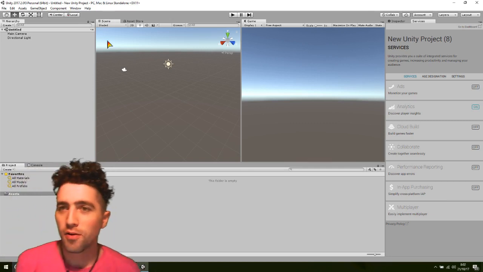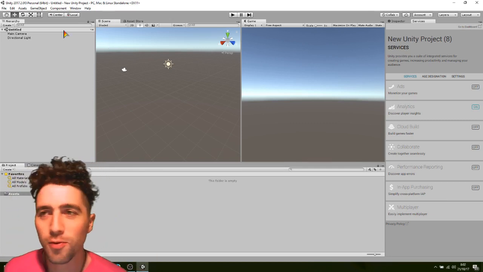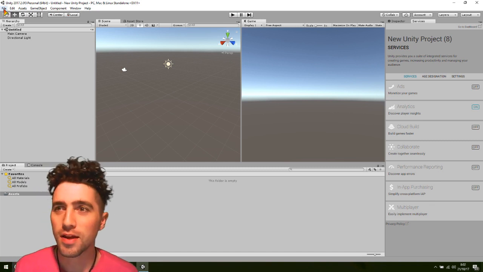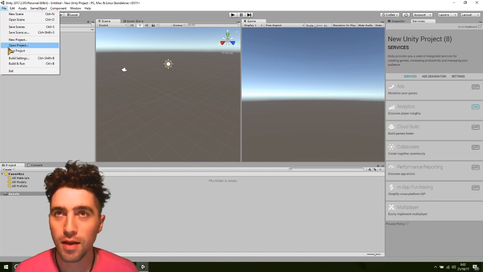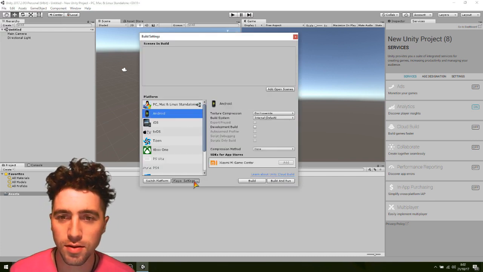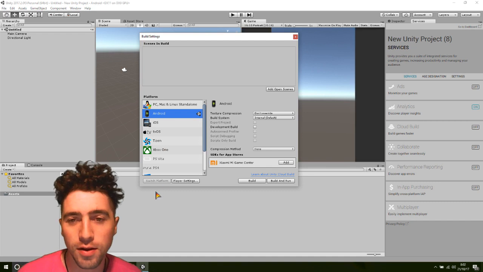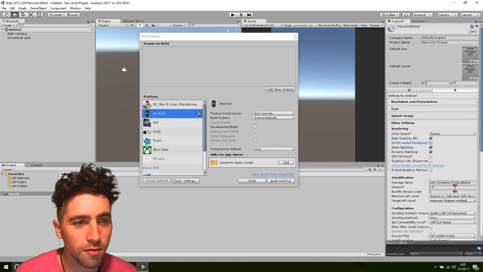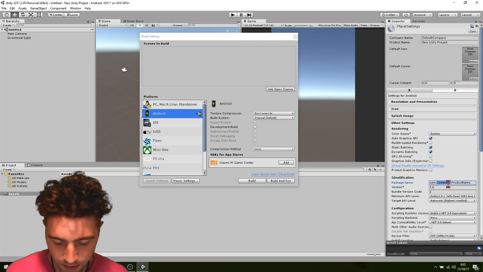All right, so now I've got a completely fresh, brand new scene here. We'll just go quickly through the steps to set it up for AR Core again. First one, change the platform to Android, go into your player settings, turn multi-threaded rendering off, and change the company name to something cool,